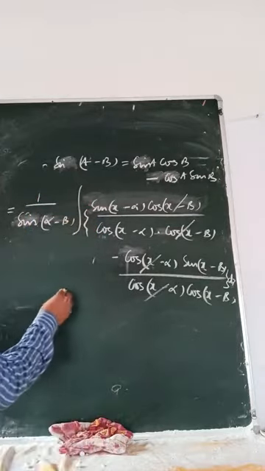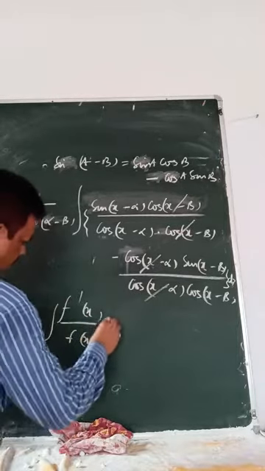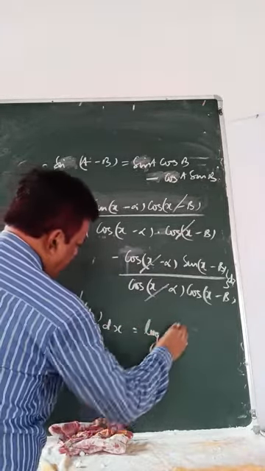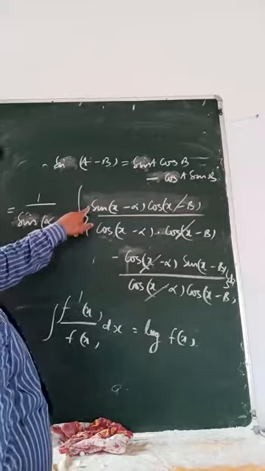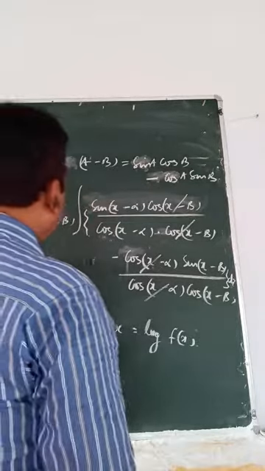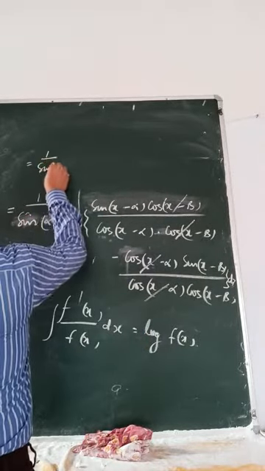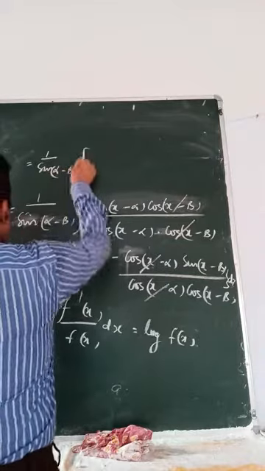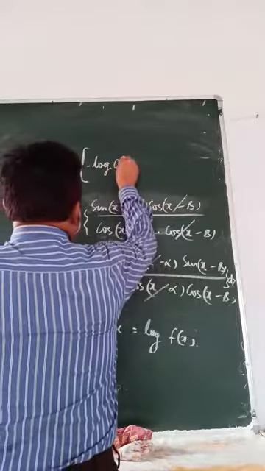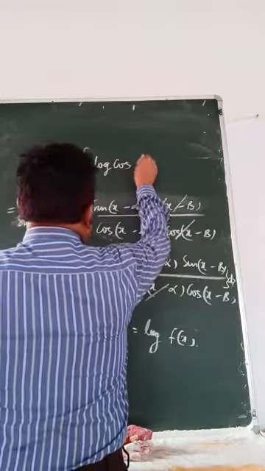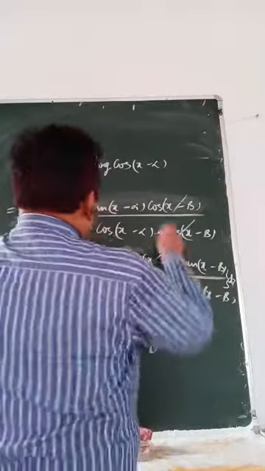So I can write f dash x by fx equals log fx. Its derivative is, only sin is not there. The sin, so minus sign I can multiply. So that will give you what? 1 by sin alpha minus beta. This is minus log of denominator. Okay. Again cos's derivative has a minus. So plus